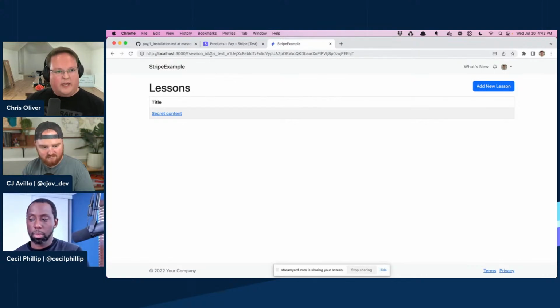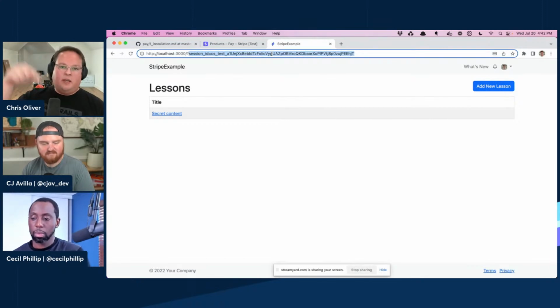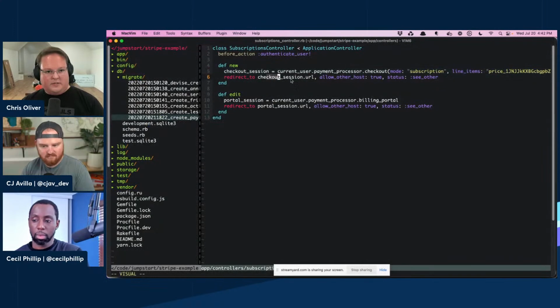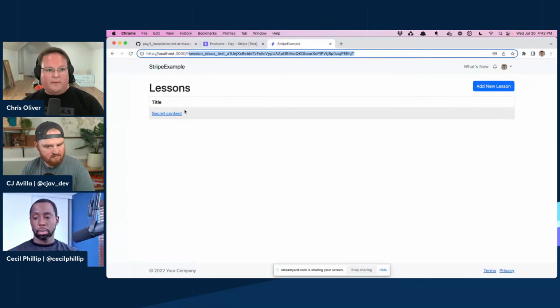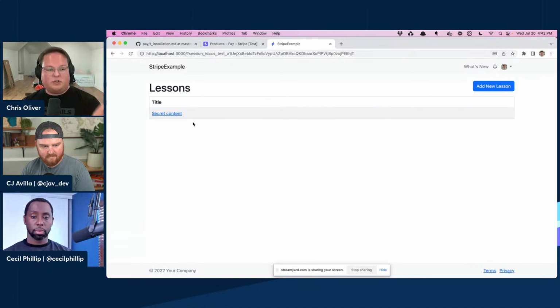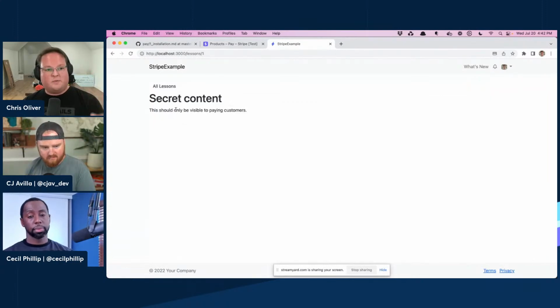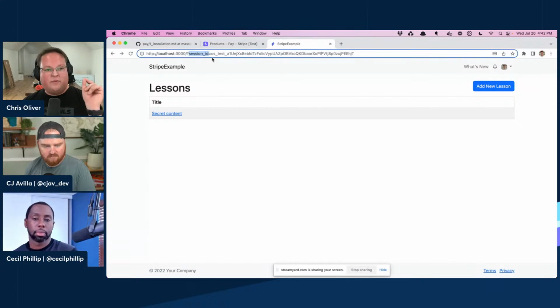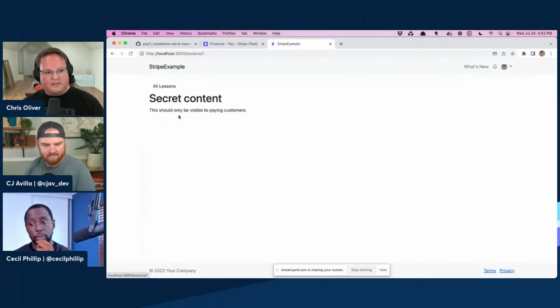One of the things that you can do is use the session ID, which will automatically be included in the URL that is generated here. That's another one of the many things that Pay does for you automatically. We inject that into the URL, and we'll use the root URL by default. So you can use the session ID to look it up and actually fulfill a one-time purchase, or if you want to make sure that the user's subscription has been synced, because the webhooks will be syncing in the background. If they're delayed, the user could come to this page and see the subscribe button still. So that session ID is one way of Pay making it easier for you to guarantee that their subscription was sent over. But because it worked automatically in the background, we are now subscribed, and we can see our